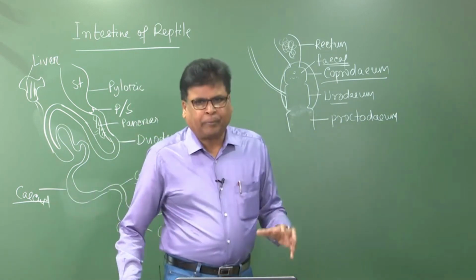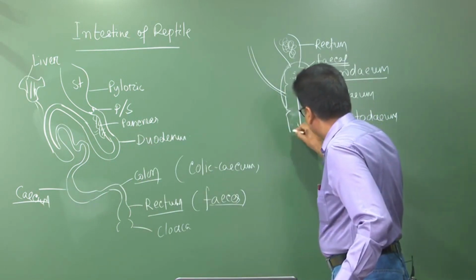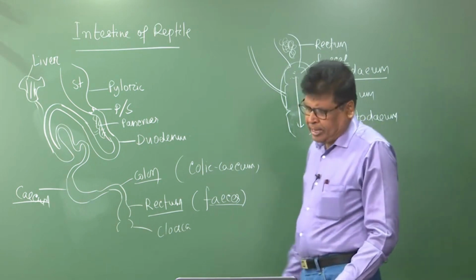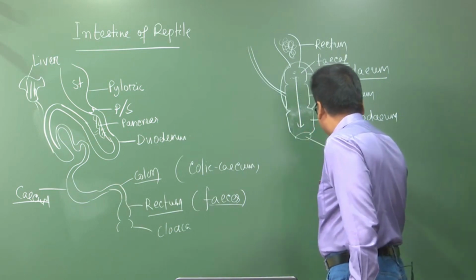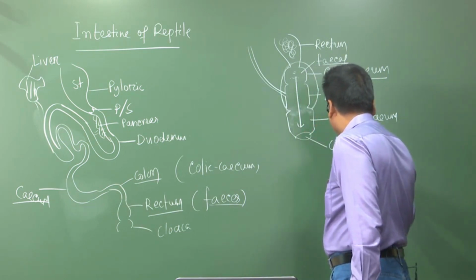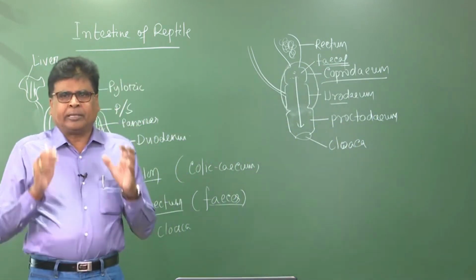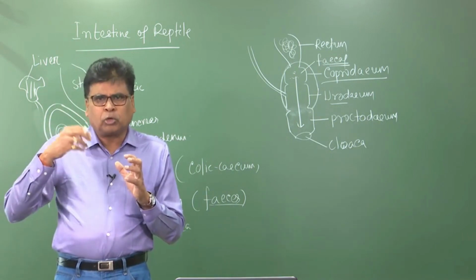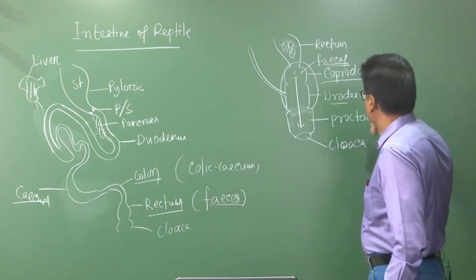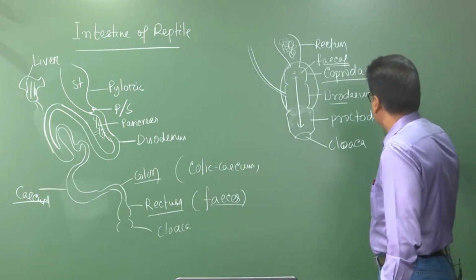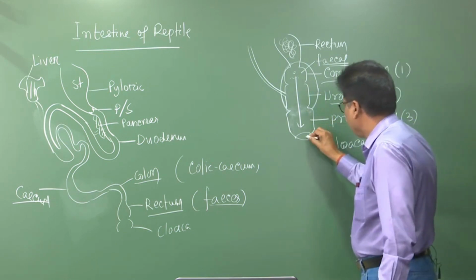Okay. So, 2 chambers, that is the coprodium and urodium, open to the final chamber that is known as proctodium, and this proctodium opens to outside by one aperture that is known as cloaca. So, what is the fundamental rule? In case of reptile the rectum leads to one chamber that is known as cloacal chamber, and the cloacal chamber is divisible into 3 parts. The first part is coprodium, second part is urodium, third part is the proctodium,